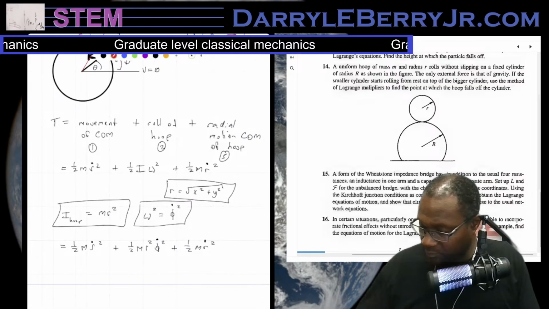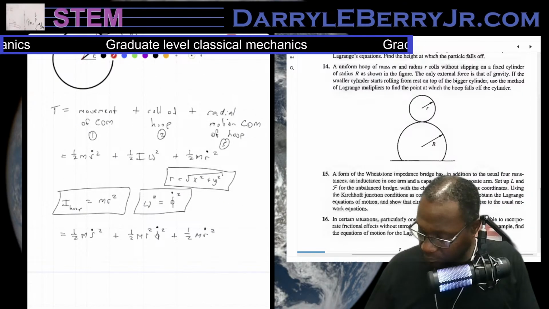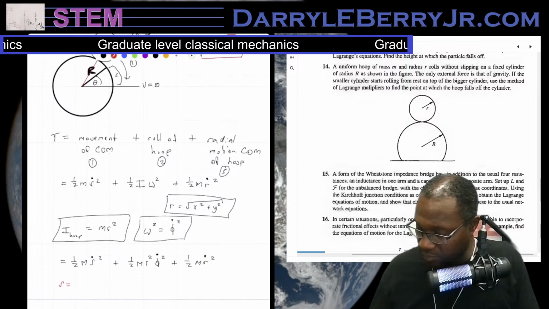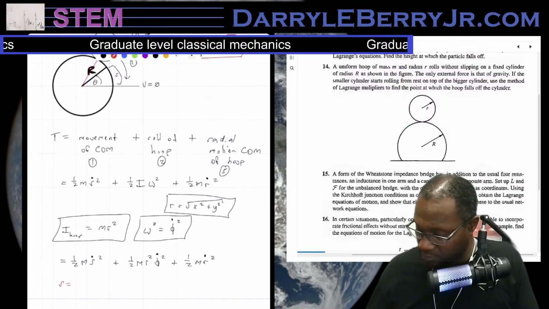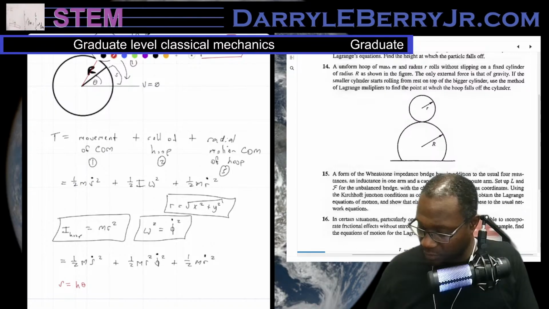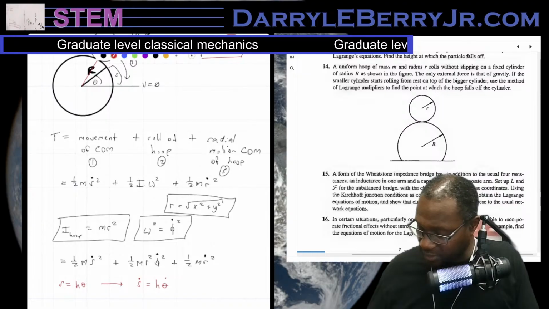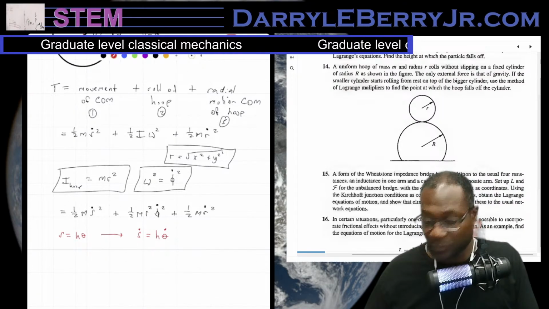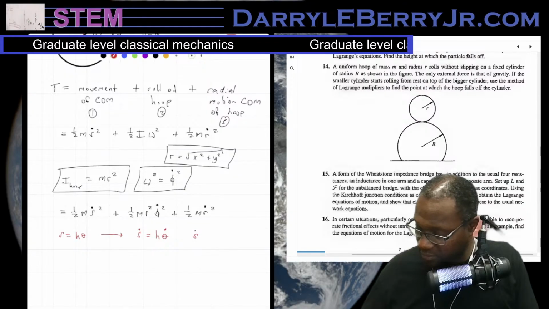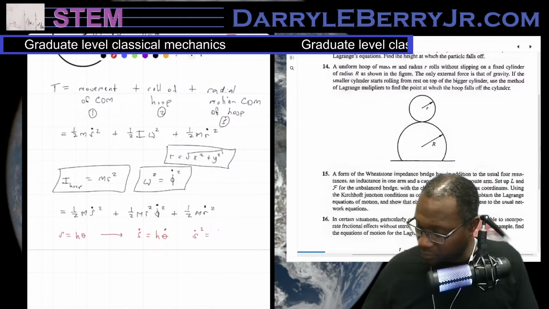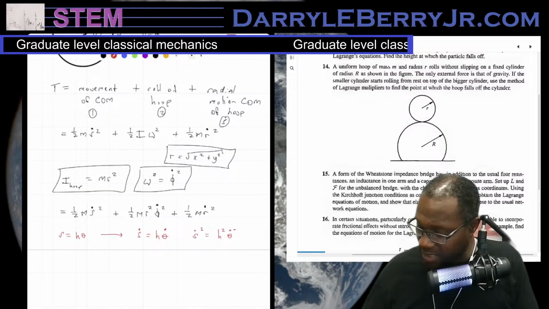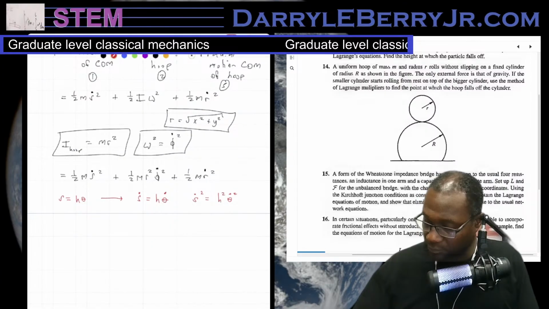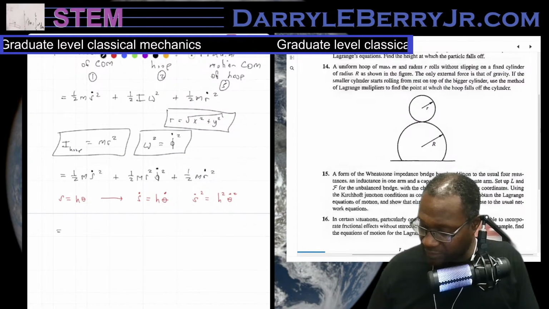So we can say that S equals h theta. So S dot equals h theta dot, since h is not going to change. So S dot squared equals h squared theta dot squared. So we have this equals